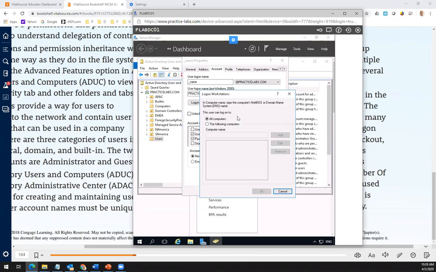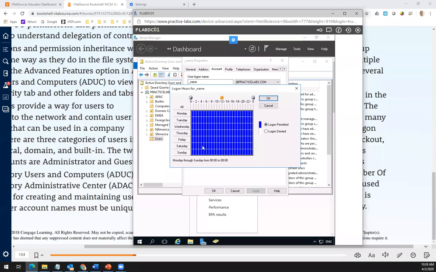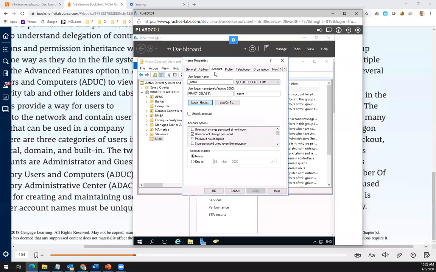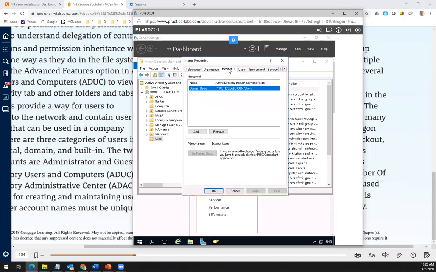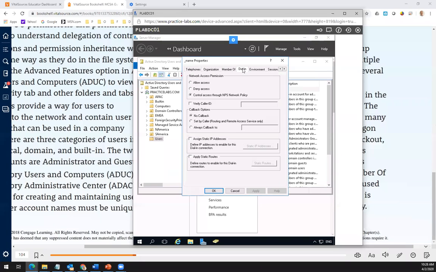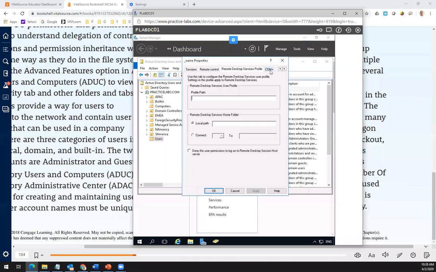You can see here, you can restrict it to certain computers only. By default, it's all permitted, but you can restrict when they can log in and so on. So you don't want employees being on your domain at certain times. There's a lot of details. That's why I said templates are so useful: you discuss this with your organization all the way to management, what kind of information you want to keep track of about your users. You create a template with all the common information, and then you just fill out the rest individually. So that's part of the practice in this chapter, to review